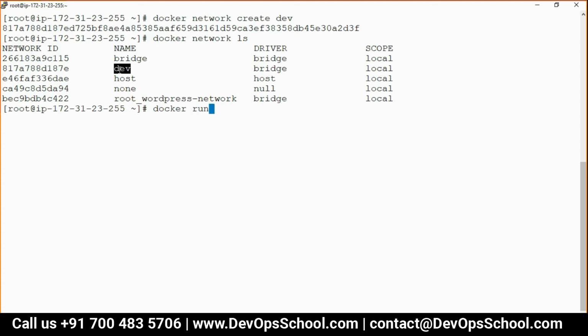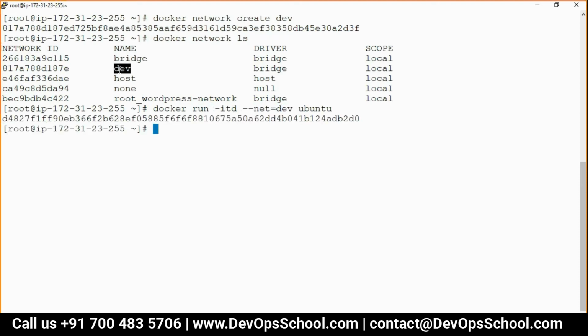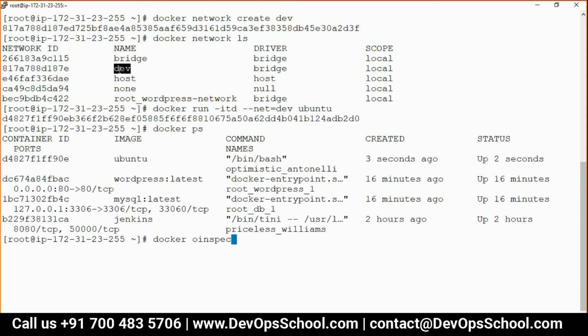So docker run -itd ubuntu. If I run this command, it will go to the default bridge, which is the first one, but I don't want that, I want dev. Now docker ps, docker inspect. See how much time is spent to do that, tell me.